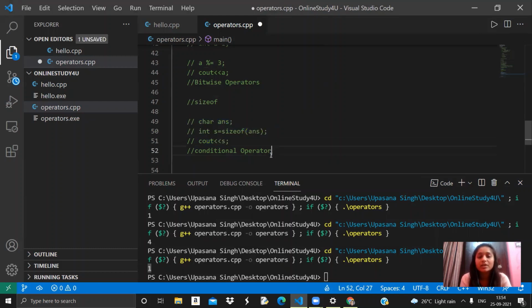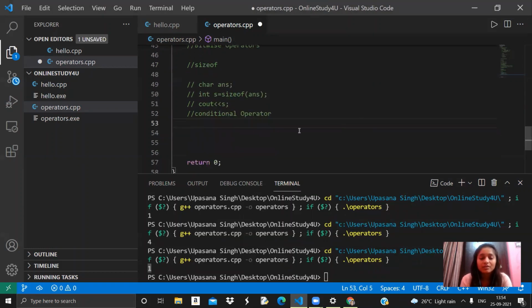Now let's see conditional operators, the last type of operator. So here I am taking three operands: a equals to 2, b equals to 3, and c equals to 4. So let me write the conditional operator. What was the form? Expression 1, question mark, expression 2 and colon expression 3, right?